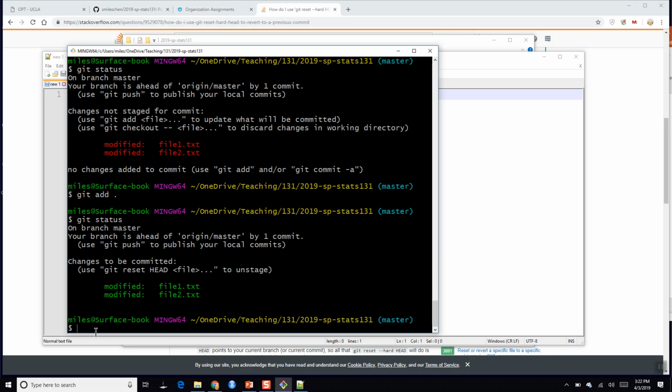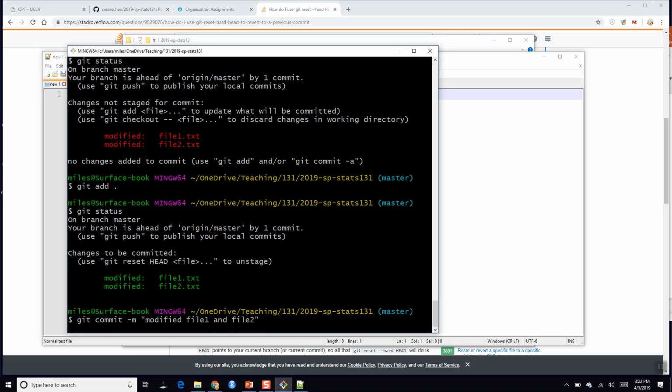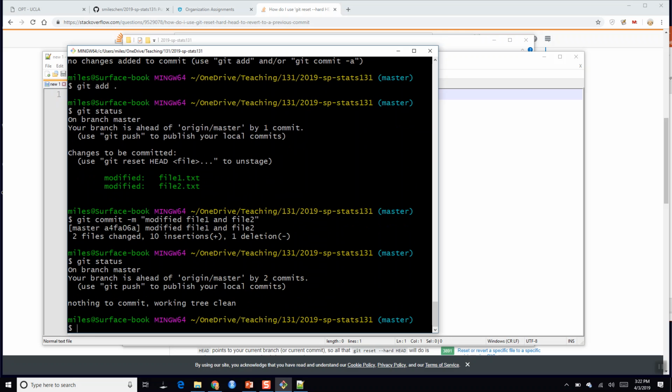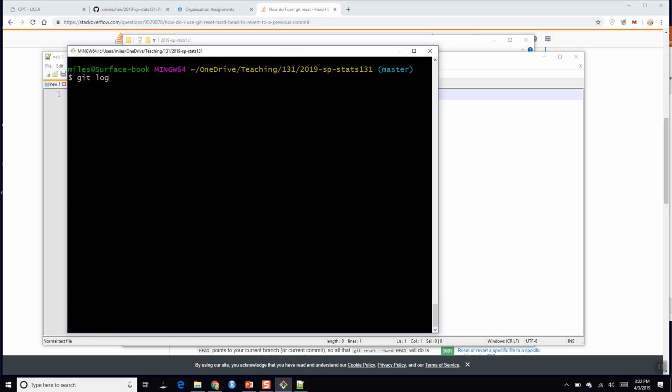Changes to be committed, and we'll go ahead and do git commit, and we'll just say modified file 1 and file 2. Okay. And there we go. And if we check status, now everything is up to date. And if we check our git log,